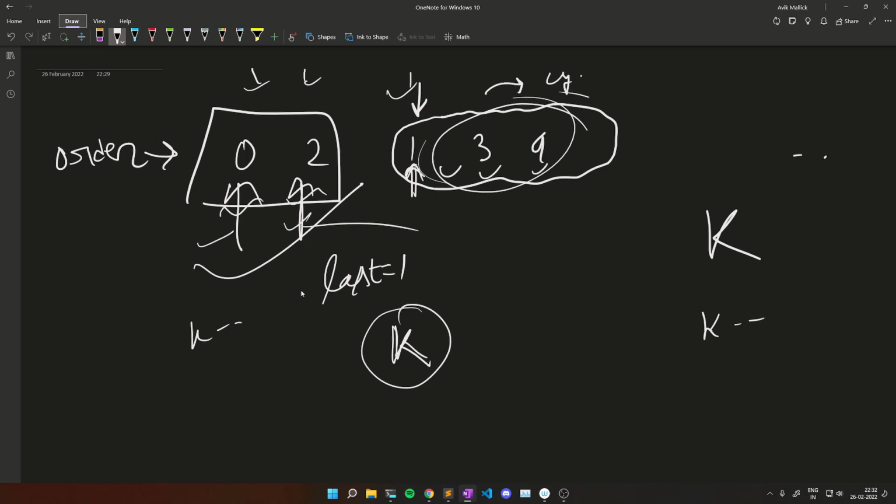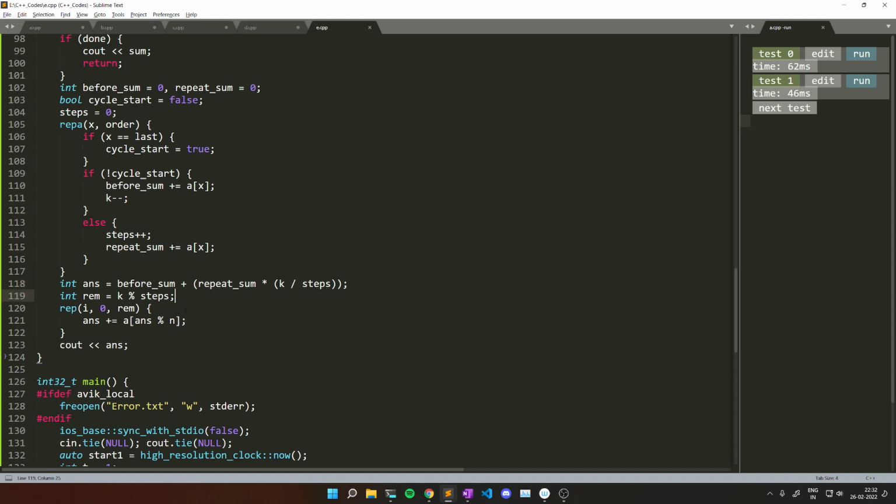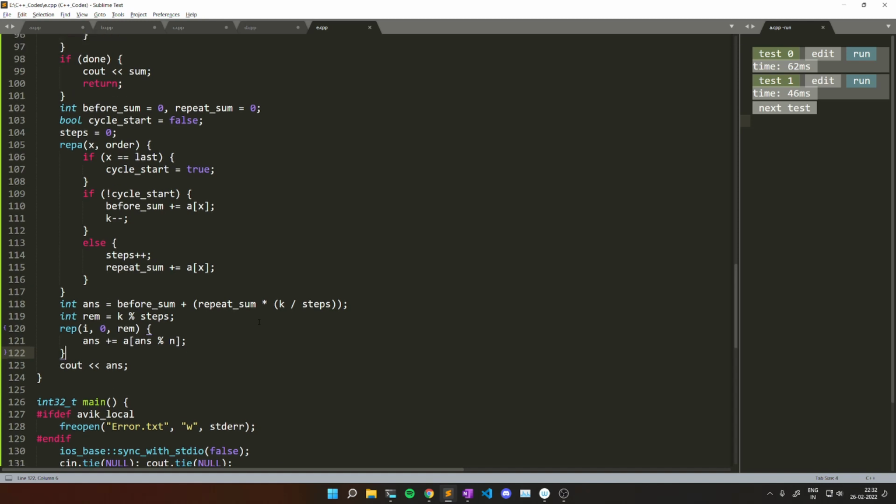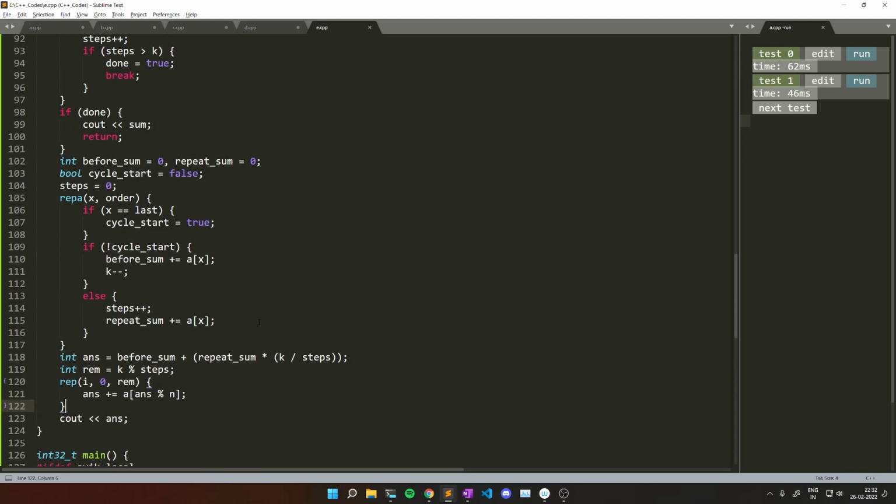Now after that there may be some more operations k left, and for that I will do it in a loop, with remaining steps k mod steps. Currently my answer is something, right? And for that answer, the next index where I will go is answer mod n. So for these remaining steps my answer becomes answer plus a of answer mod n, and finally I print this answer. So I hope you understood this problem,